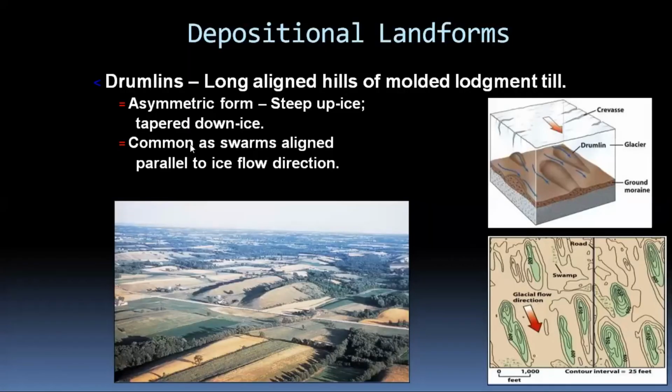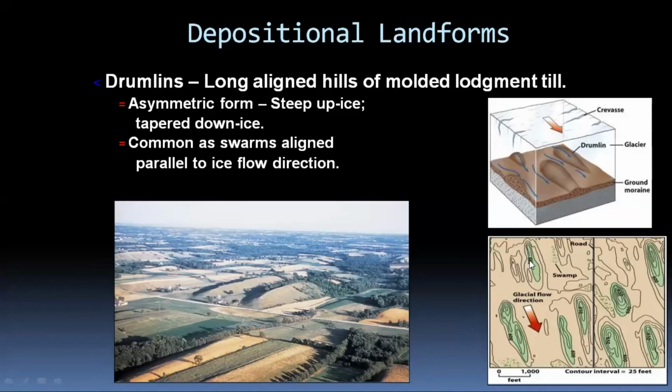Here we can see some drumlins. Drumlins are aligned hills of molded till, and you can see that this was a glacier, and as a result of its movement, if it has some obstruction on the ground, sometimes it forms an asymmetric form, and steep upstream ice side. So here you can see there are some hillocks that are formed by the result of the glacier, and they can also occur. Here is the map view, and you can see that this arrow shows the movement of the